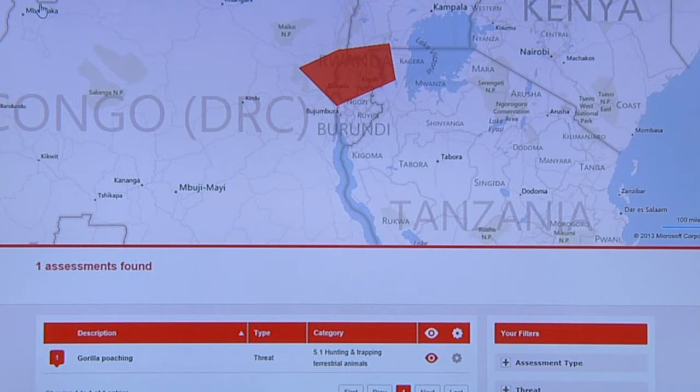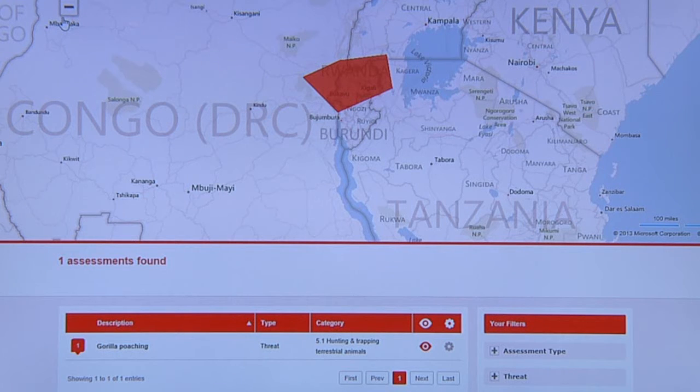Now we created this map and saved it, and it is already available for any scientific expert to query, edit and consult in order to think about the extinction risk of gorillas and also think about conservation measures to protect the gorilla. The idea is that this online map is going to be available for scientific experts to support the IUCN in doing its job,